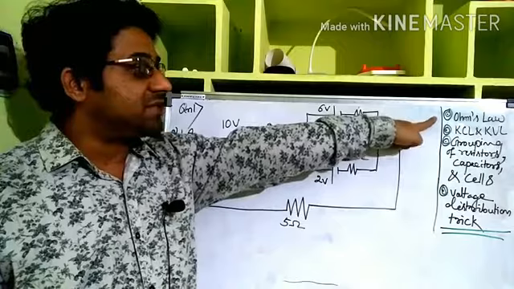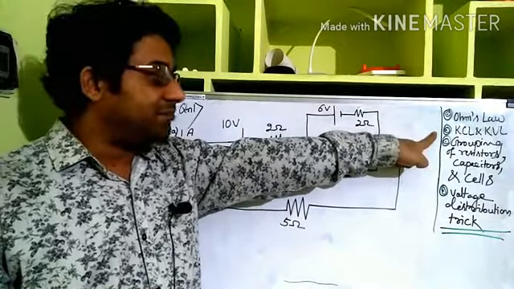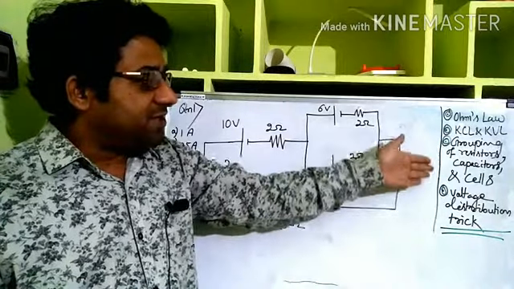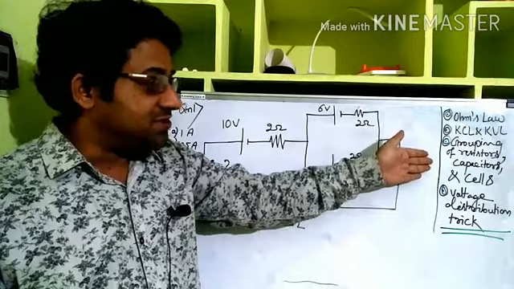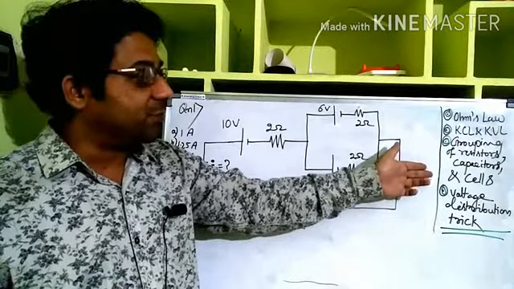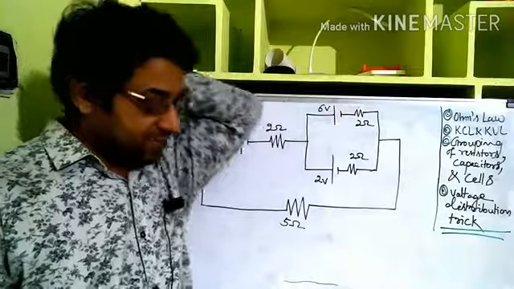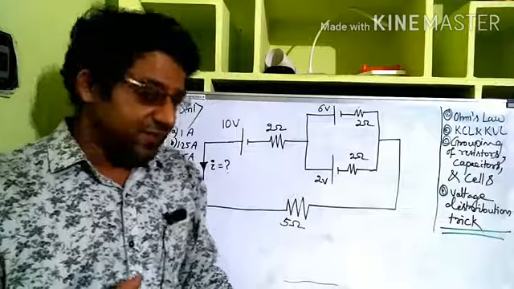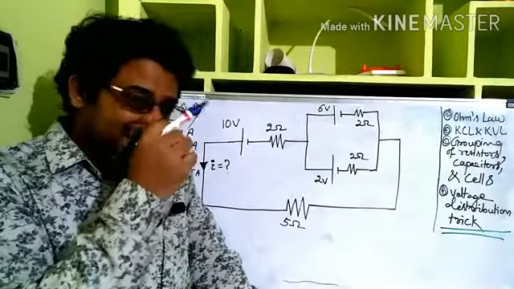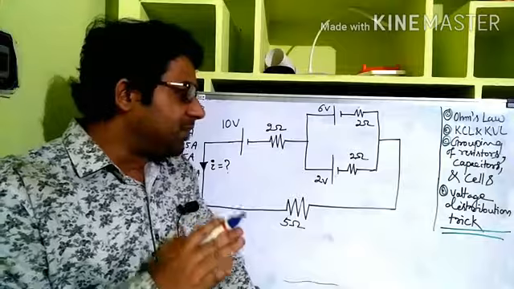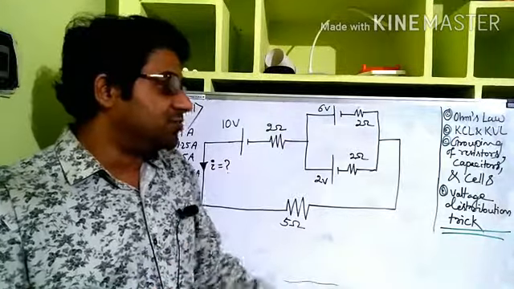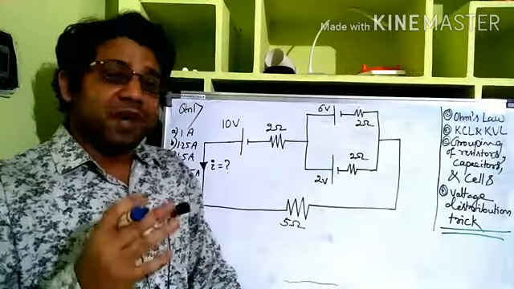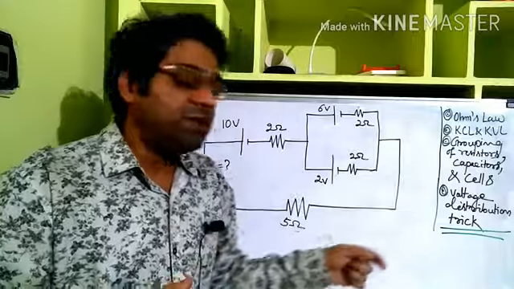Very first, the simplest thing is Ohm's law. Then we studied KCL and KVL, Kirchhoff's current law and Kirchhoff's voltage law. Then we have already studied grouping of resistors, capacitors, and here in current electricity we learned the grouping of cells. So grouping of electrical equipment, and finally I gave you recently the voltage distribution trick. While giving that, I said that any problem of any difficulty level can be solved using the voltage distribution trick, and that is true. However, we have to be smart to choose which weapon to use where.